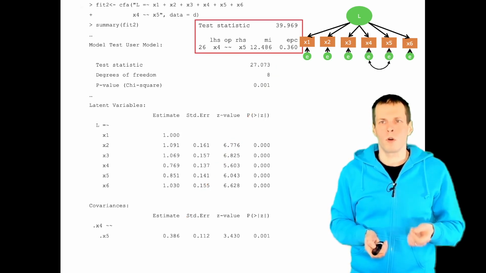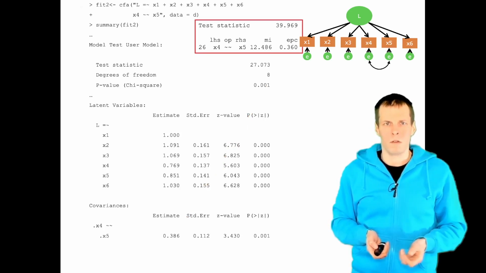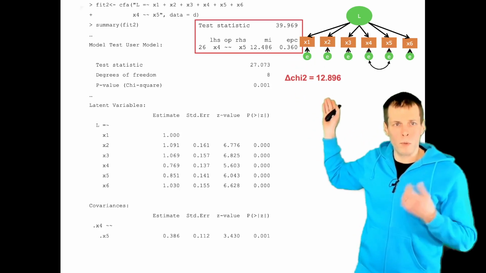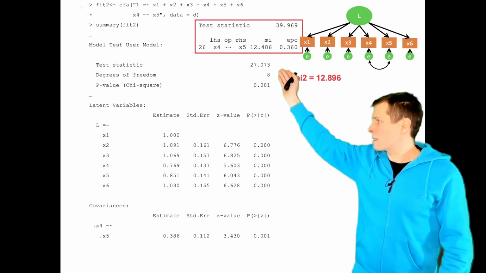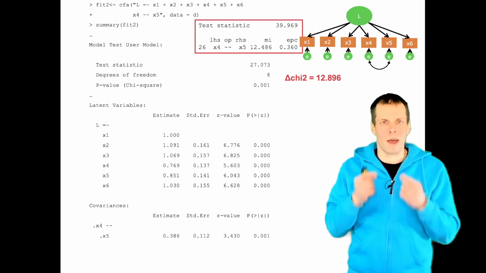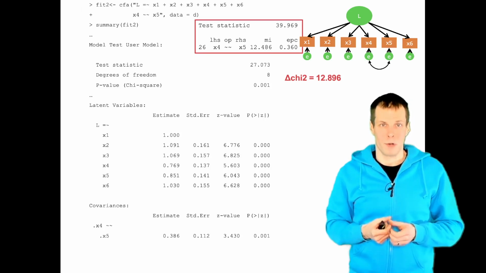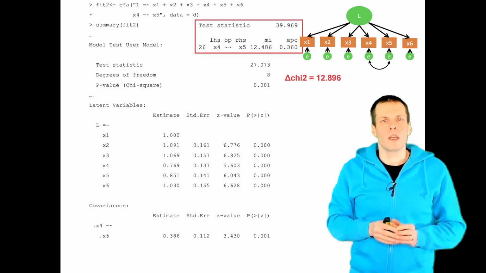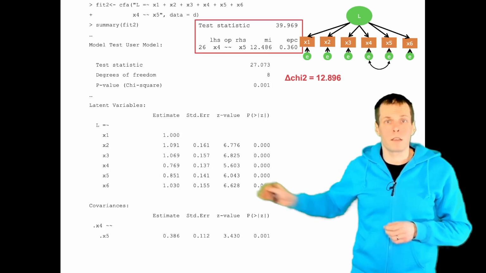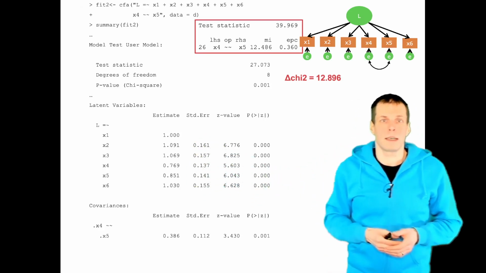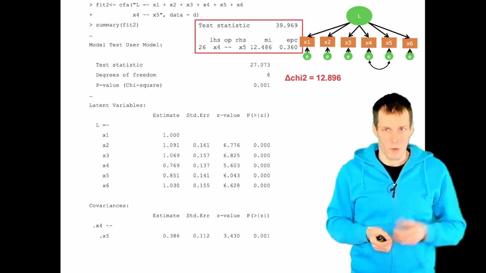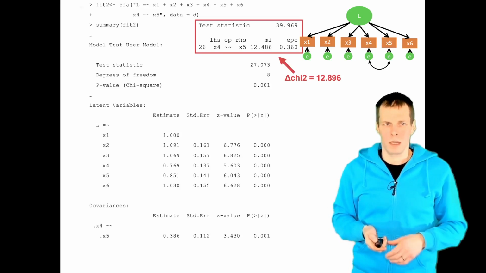Also, if we compare the actual modification index to how much our chi-square changed, the change in chi-square between the original model and the new model is about 12.8, and the modification index says that it's going to be about 12.5. So we actually got a little bit better model than what the modification index predicted. Importantly, when we release this constraint of x4, x5 errors to be uncorrelated, it also affects all other parameter estimates in the model, and therefore it can improve the model fit a bit more than what the modification index predicts. All right, so that's our modification index.